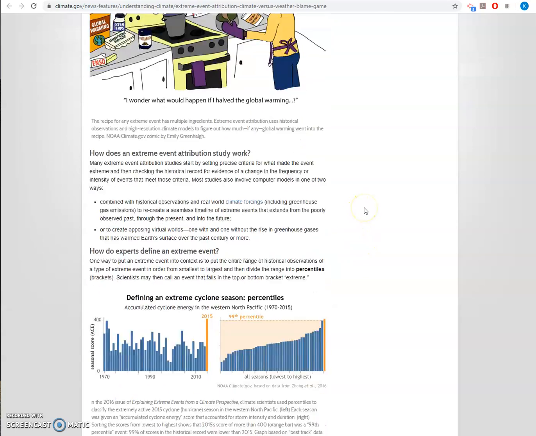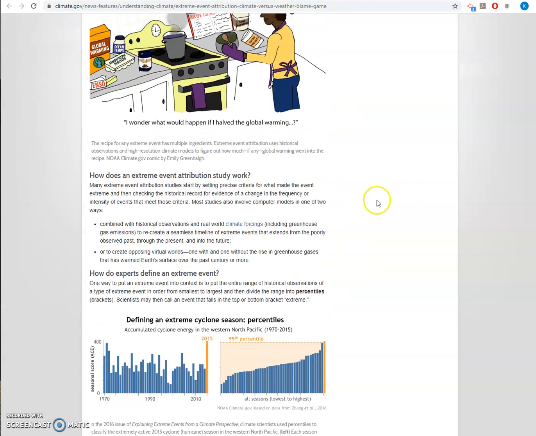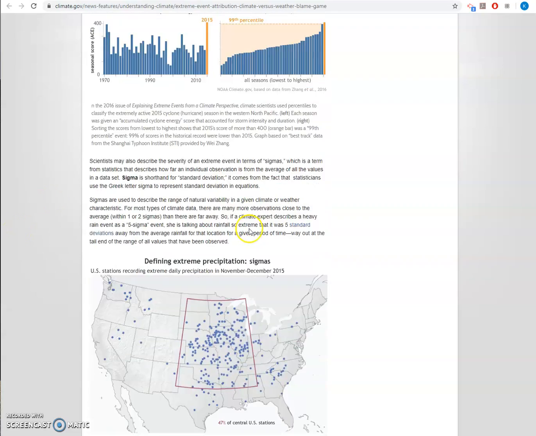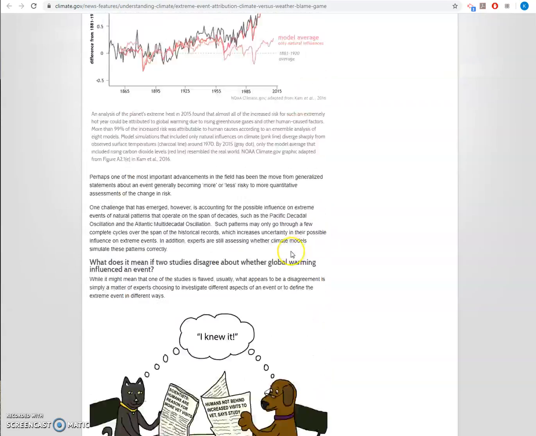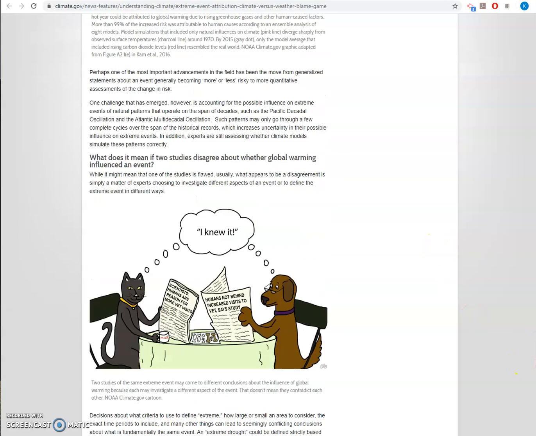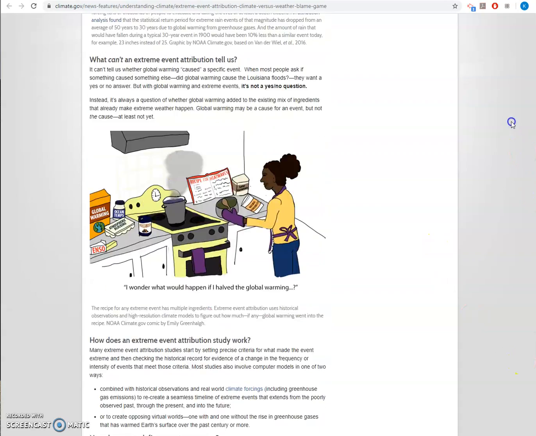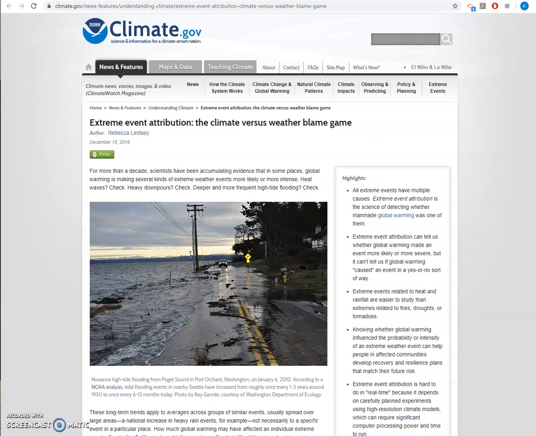So you can look at this, and it's going to help you see why this is not a yes or no question, and how this all works. You don't really need to dig into this, honestly. I don't think it's important that you look at all this data. It's really long, and it talks about attribution and stuff. It's not crazy or nonsense, it's really good, but it's long and kind of hard to understand. The key is that you understand that, yes, climate change caused by people is partially responsible for some of these events. And then one more site here.